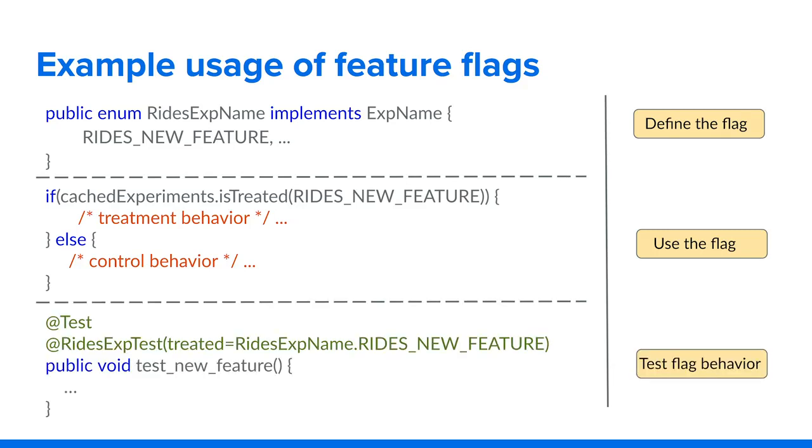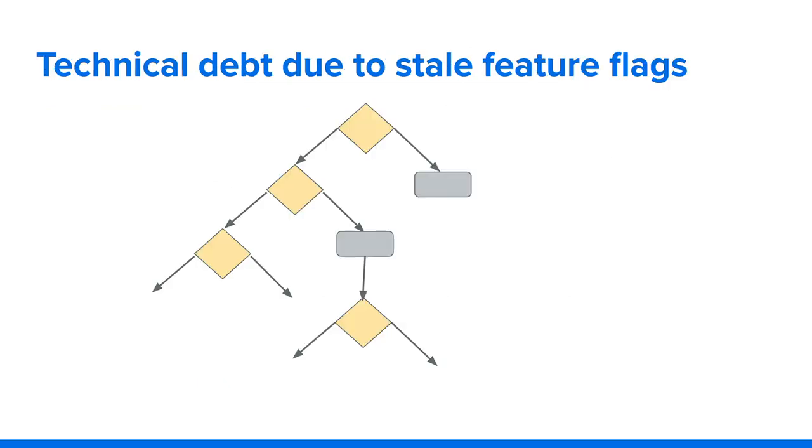Then, unit testing is done to test different behaviors. When the purpose of the flag is accomplished, it becomes stale. For example, when a flag is rolled out globally, the flag becomes stale as only one behavior is exhibited for all users. Not removing the code related to stale flags can introduce technical debt for the engineering organization.